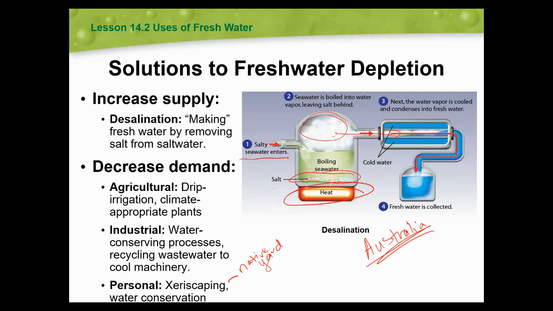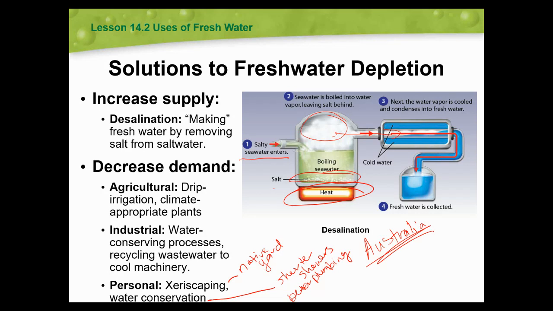And then water conservation. And water conservation could mean a couple things. It could mean shorter showers. It could mean better plumbing fixtures that are more water efficient. It could mean changing your habits a little bit. Maybe you don't turn the water off while you brush your teeth and you brush your teeth for the full 2 minutes while the water runs down the sink. It might mean changing how you do dishes. Maybe you have a new dishwasher that is water efficient, and so you don't do dishes by hand anymore. You do all of your dishes in the dishwasher because that saves money.